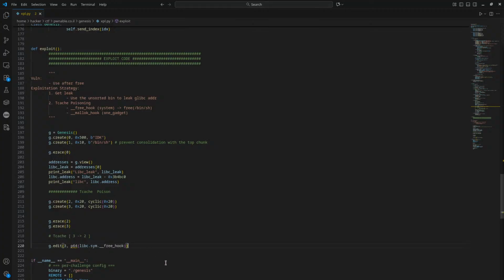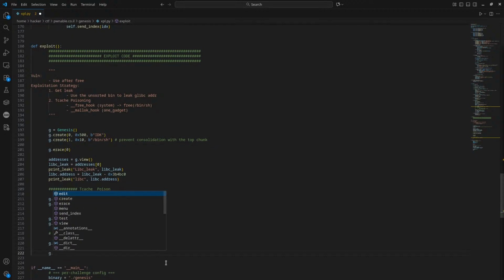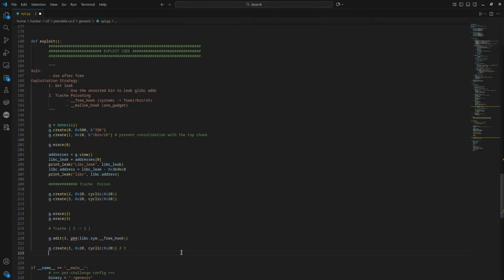Just like that, and then we just want to create a new one, a new creature again, and this one will return the same as 3, and then